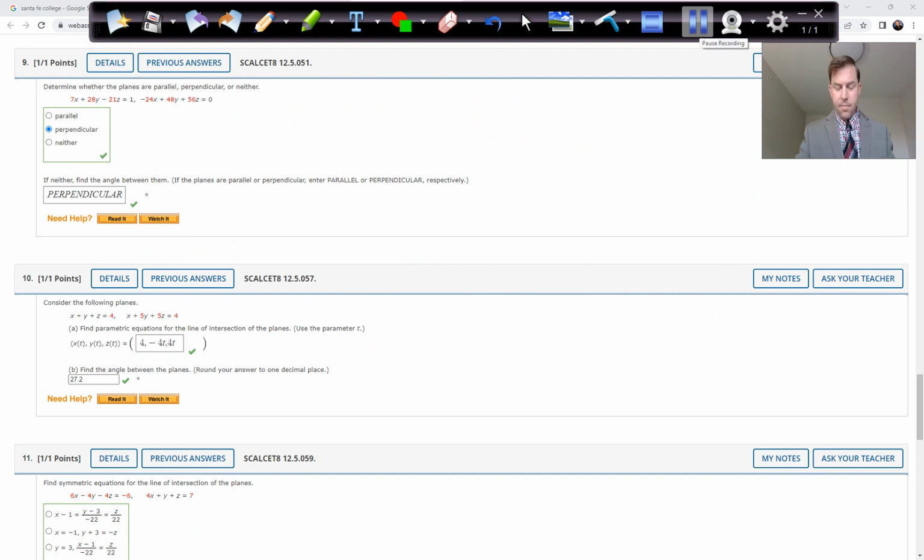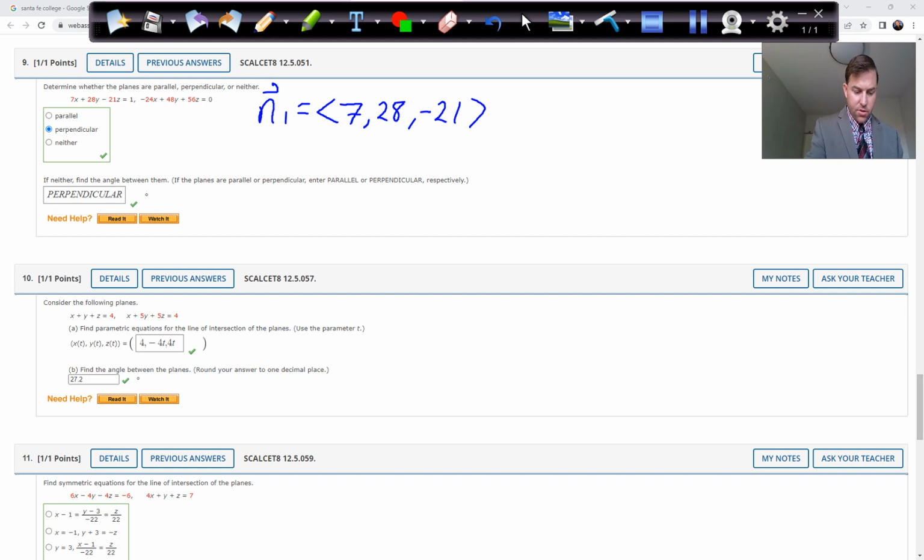Okay, problem 9. It gives us two planes, and we have to figure out if they're parallel, perpendicular, or neither. So we're going to create two vectors we call n1, which is just the coefficients of the x, y, z from the plane. So it's going to be 7, 28, minus 21. I just got those from these red numbers in front of the x, y, z from plane 1. Then we're going to take n2 to be the numbers in front of the second plane, minus 24,